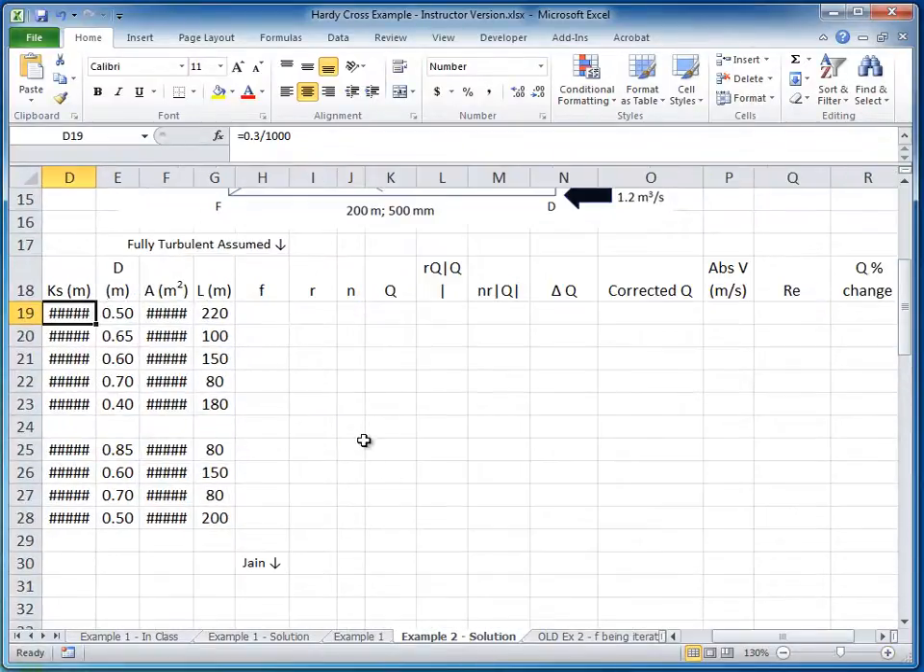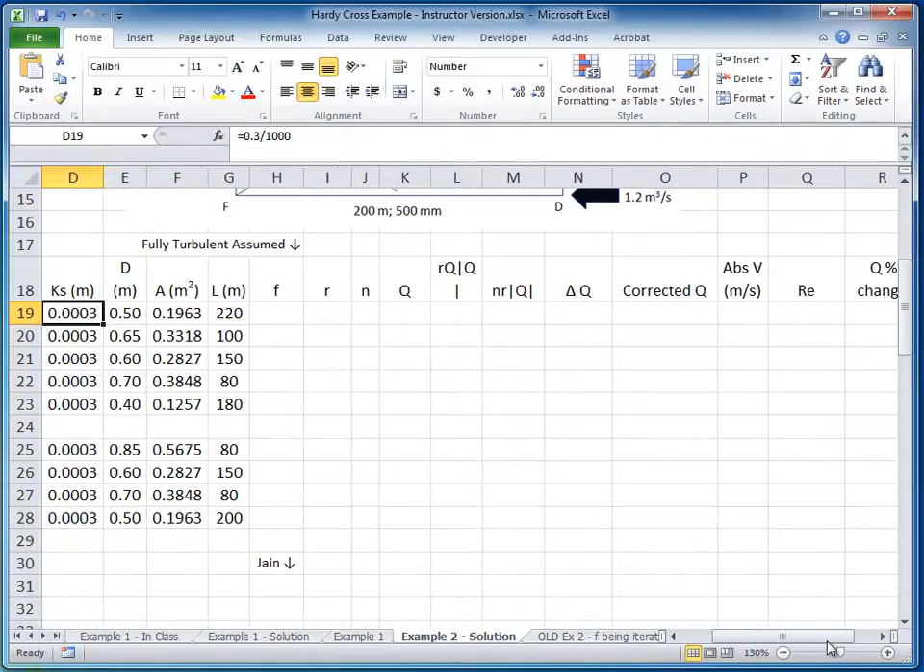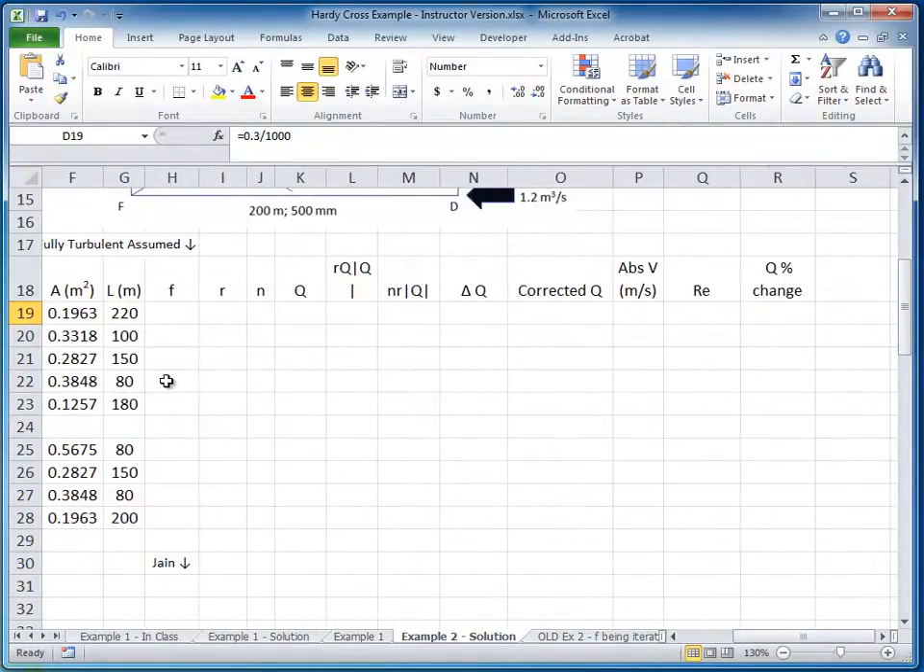Let me make this a little bit bigger. All right. The first thing I want to do is use the fully turbulent flow assumption to come up with a guess F value for each pipe. And I can do that by starting to type in the Jain equation, but just forgetting to include that right side term where it has the Reynolds number. So let me type in the Jain equation,